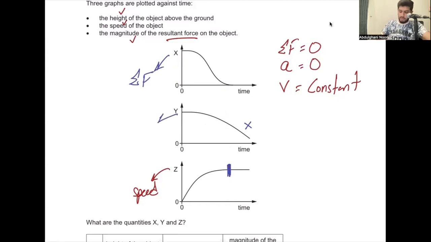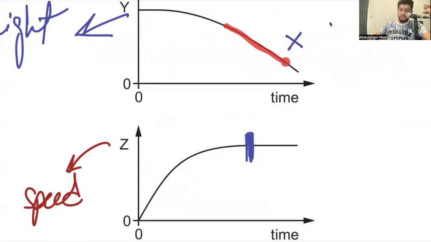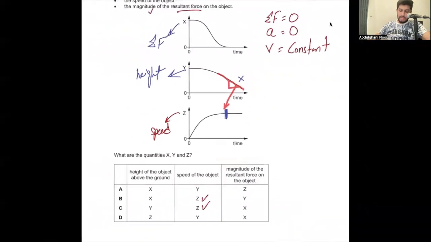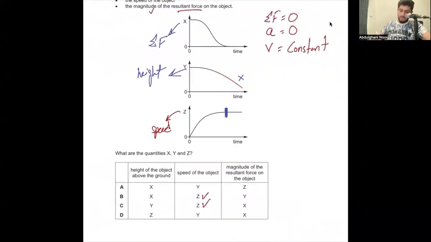What is y? Y is simply the height of the object. तो height कम होते जा रही है with time. सही. एक पॉइंट के बाद हम देखते हैं कि ये लाइन स्ट्रेट हो रही है, इसका मतलब है इसका ग्रेडियंट भी कांस्टेंट हो रहा है, which means स्पीड हमारी कांस्टेंट हो रही है एक टाइम के बाद. तो परफेक्टली फिट कर रहा है. So that tells me that x is resultant force, and y is the height. So the answer is C. Good question.